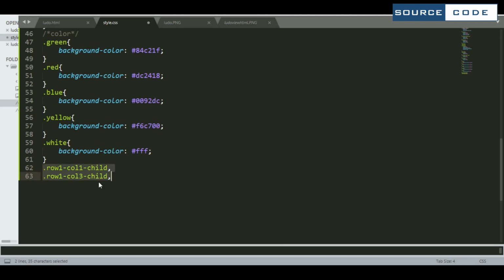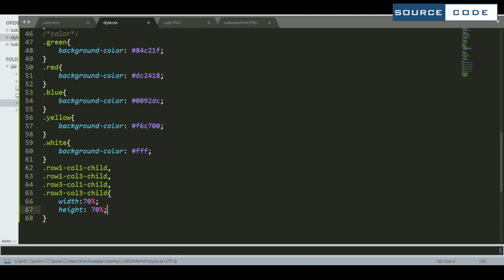So we need to copy this one and make for the row 3 also. Now set the width as 70% and height also to 70%.